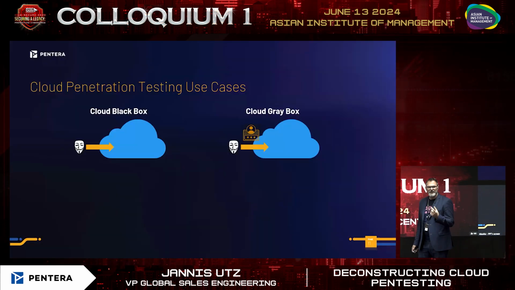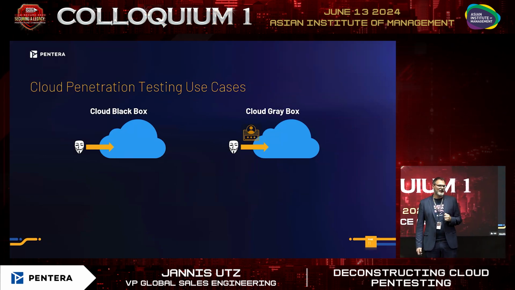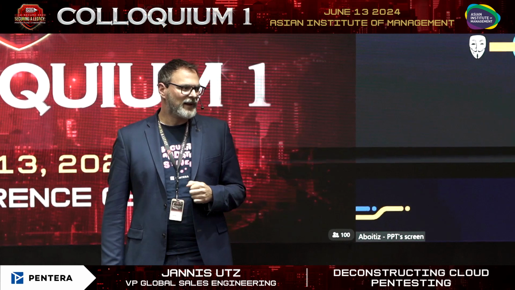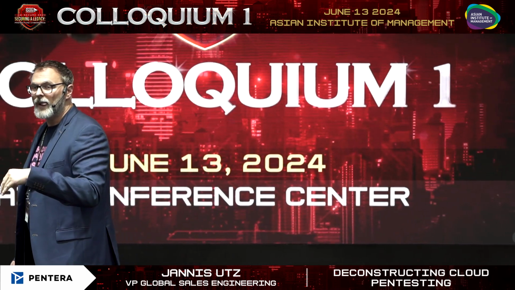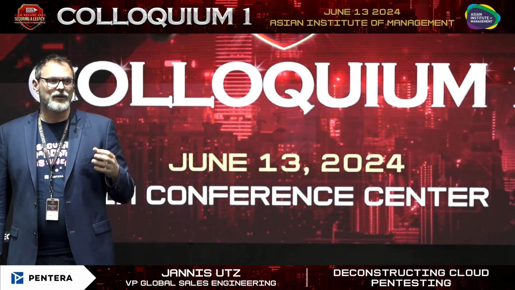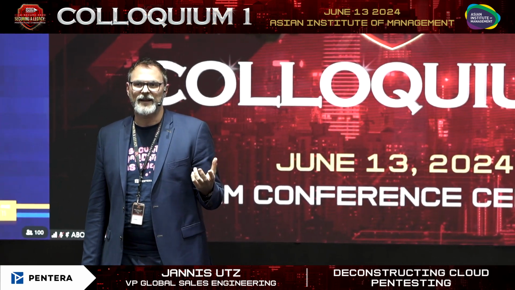Second use case then is the gray box test. So we define a specific user and check if the access level that we expect to find to be configured is actually true, and if any pivoting, any movement from there is possible. Basically also checking if this user can find additional credentials, more passwords, let's say, or API keys inside that one environment that we're looking at to then move to the next one.